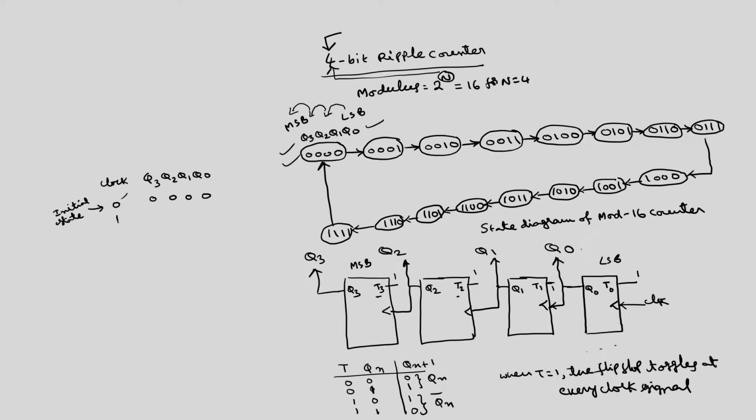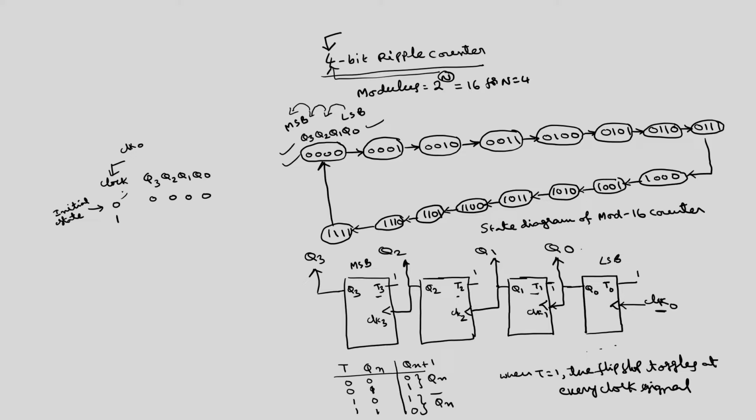So at the first clock signal, what happens? The external clock CLK is applied here, whereas the clock for T1 is Q0, the clock for T2 is Q1 and so on. These are the clocks, which we can call clock 3, clock 2, clock 1, and of course this you can call clock 0. So this is clock 0 here.